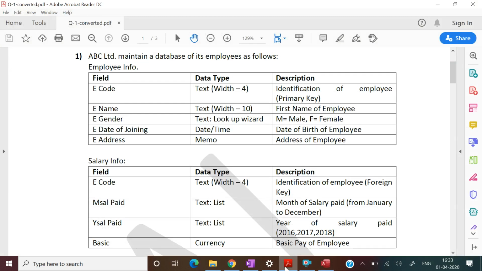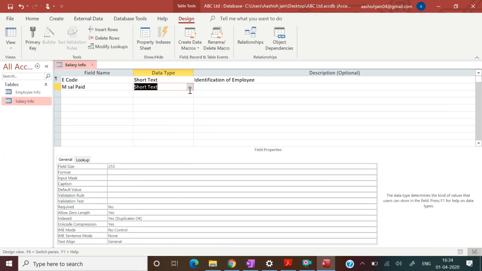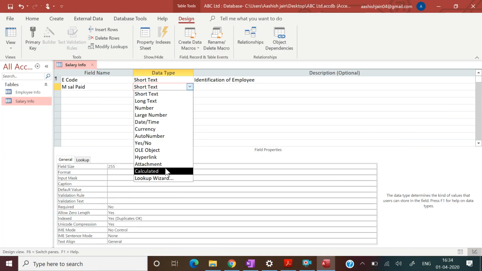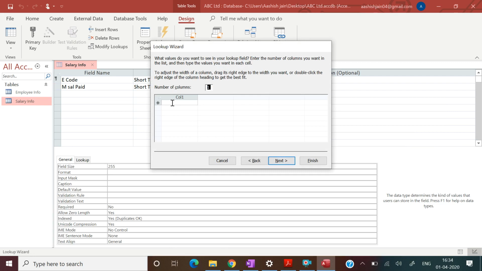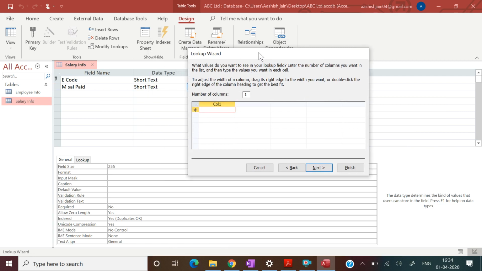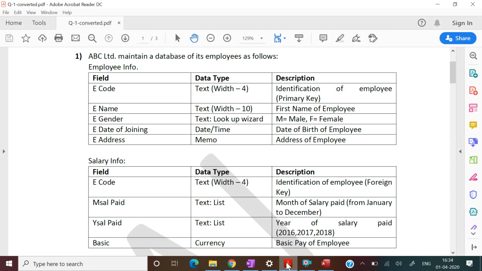That must be in text and then list. So text and then list. How to create list? In lookup wizard, select this and then create all, and then we need to create all the list of month, that is from January to December.